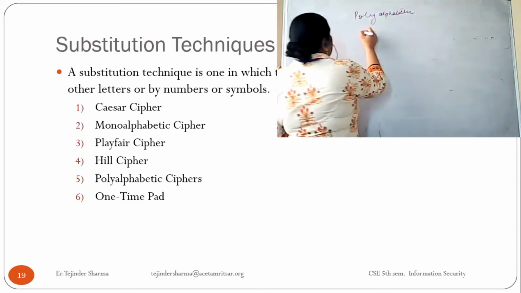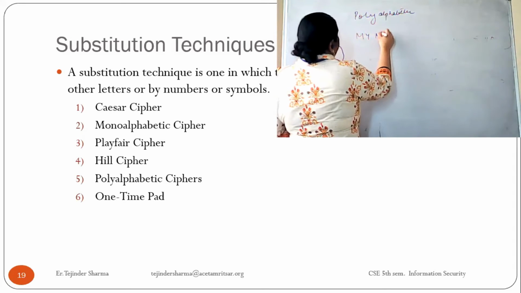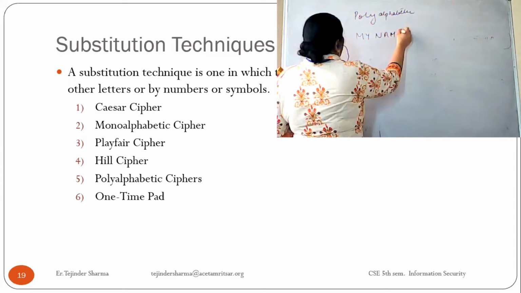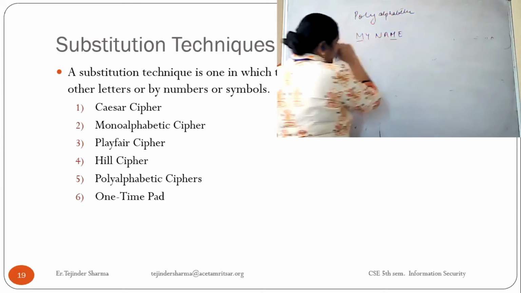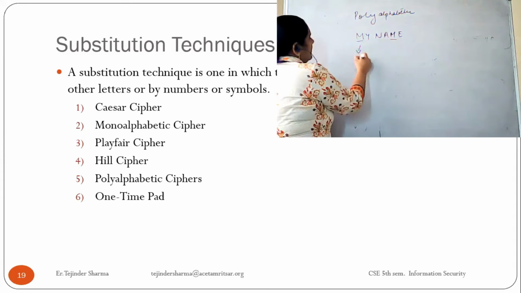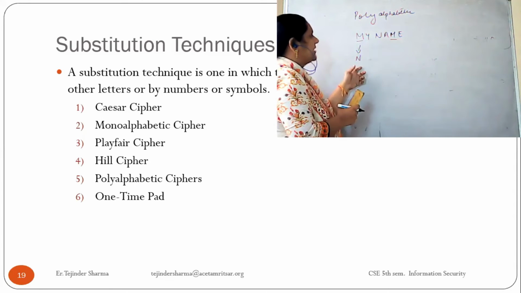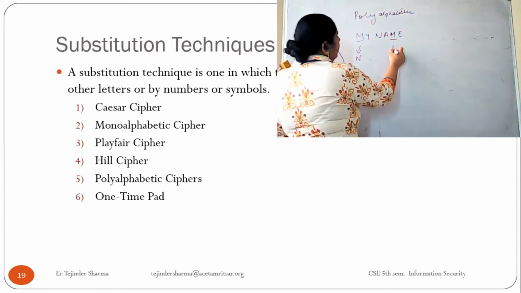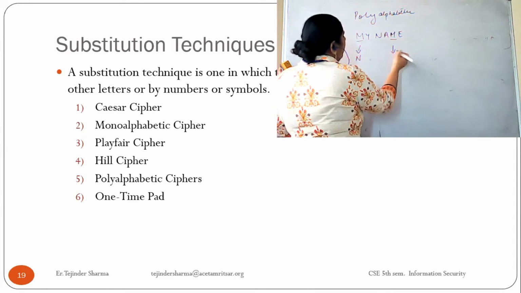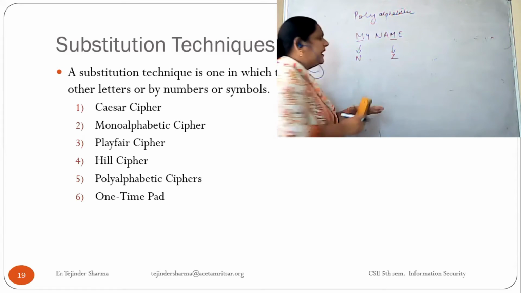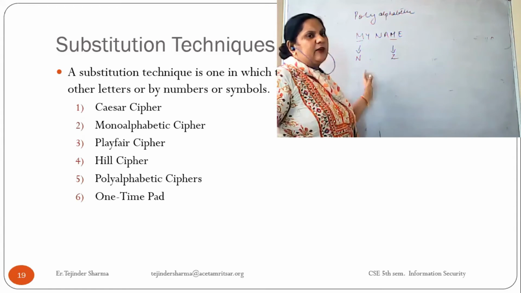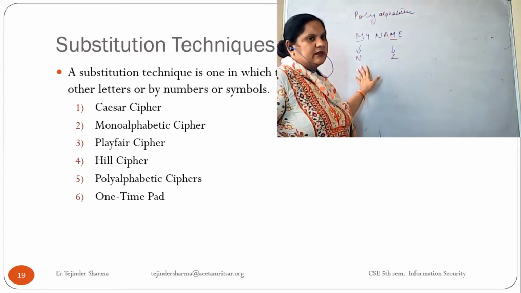So polyalphabetic means if my name is there, now see how many occurrences of M are there. There are two occurrences. First, the ciphertext for M was N, and for the second occurrence, it will not be N, it will be O, or you may say Z. Any other alphabet which will not be similar to the first